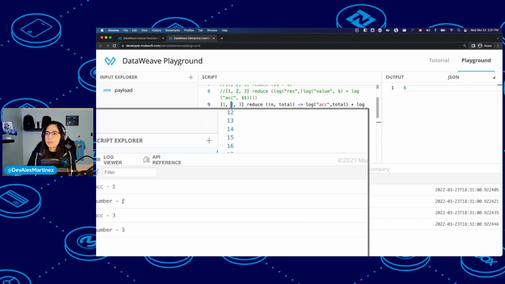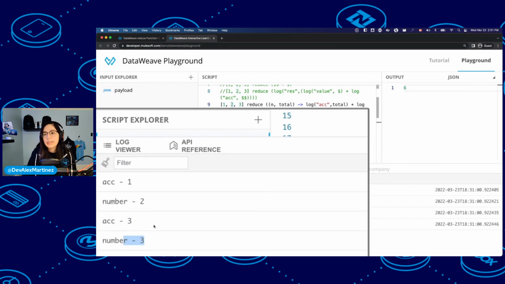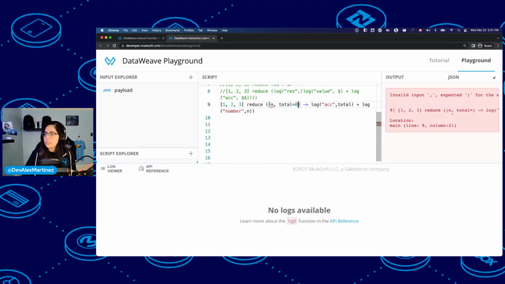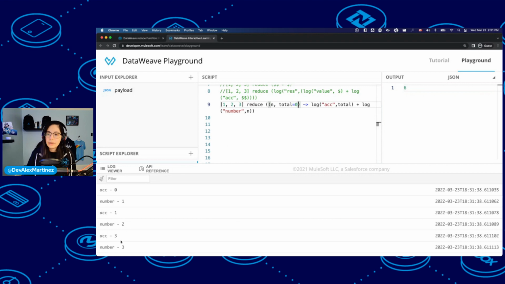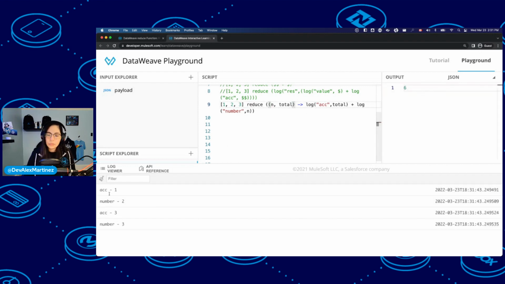So 1 plus 2 equals 3, and then 3 plus 3 equals 6. So this is doing 1 less iteration because we are taking the first accumulation from the first item instead of having to manually put here the 0. It is doing 3 iterations, and the other way around is doing just 2 iterations.